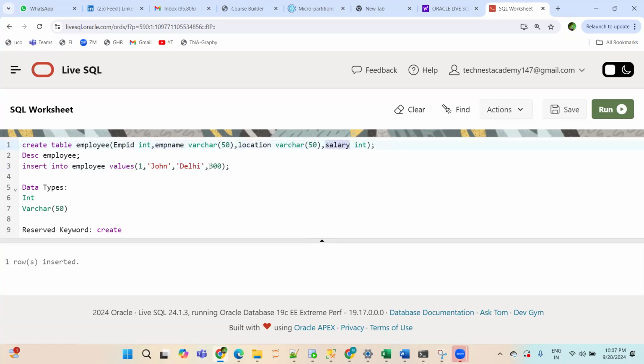This is salary, so this has to be salary. If you swap it, suppose by mistake you have written salary here, it is not allowed. You are breaking the sequence. So you have to religiously follow the sequence. Changing the sequence is not allowed. Is the first point clear or not?